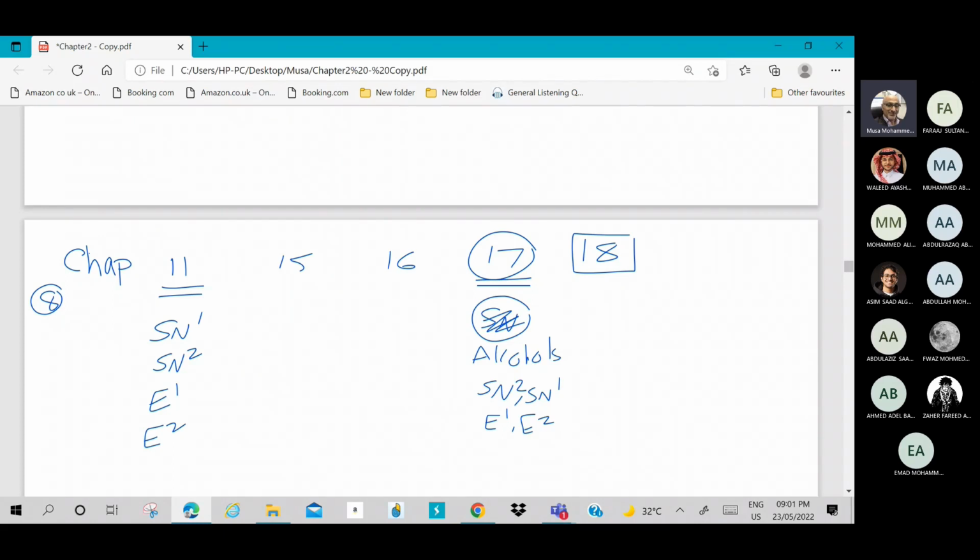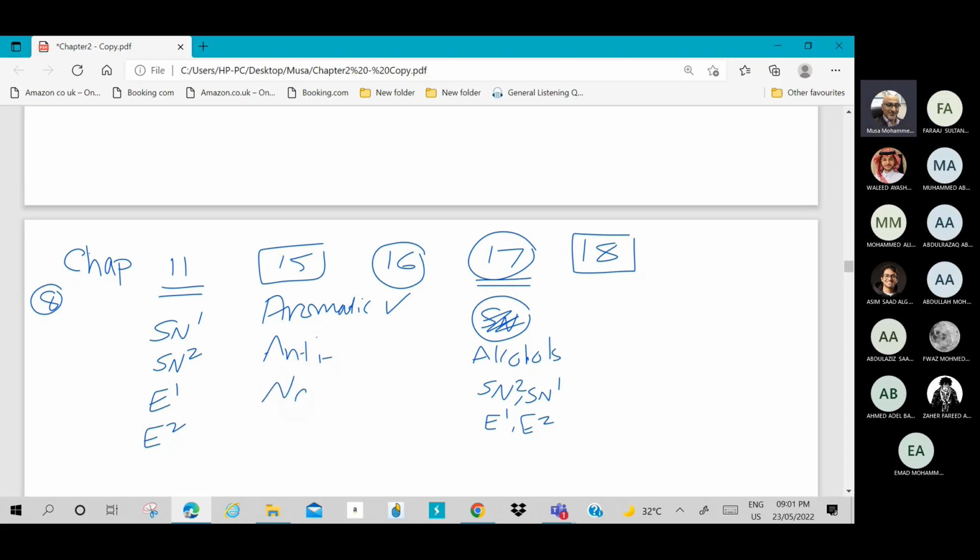Okay, so reaction of alkenes are revisited in chapter 18. So you study chapter 8, you review it, then you go to chapter 18. Chapter 16, this is the chapter that I just reviewed. Chapter 15, you need to be able to classify any compound as aromatic,